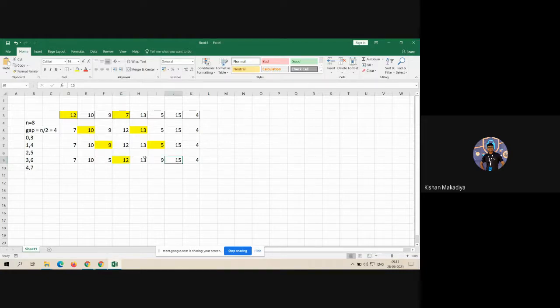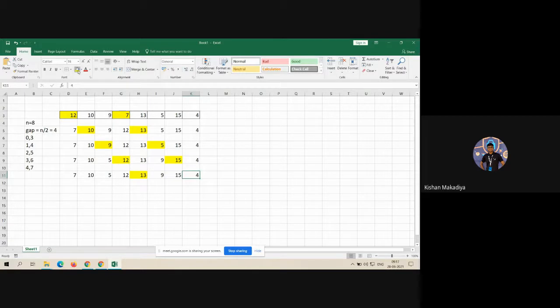Then next, swapping required? No. In the previous comparison, you also have to compare with 7 and 12, but it is already done. That's why I'm not swapping here.